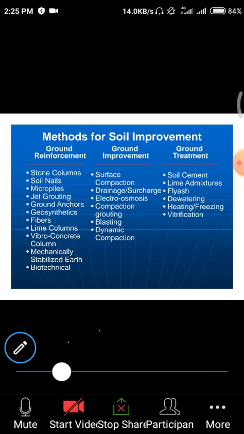Next one is ground improvement. Till now we studied only ground reinforcement. That means in the reinforcement itself, some amount of fibers and other iron materials are used as reinforcement materials, and normally the ground matter, that means the soil, will act as a cement material, so the ground reinforcement part is over. After that, we have these ground improvement techniques.